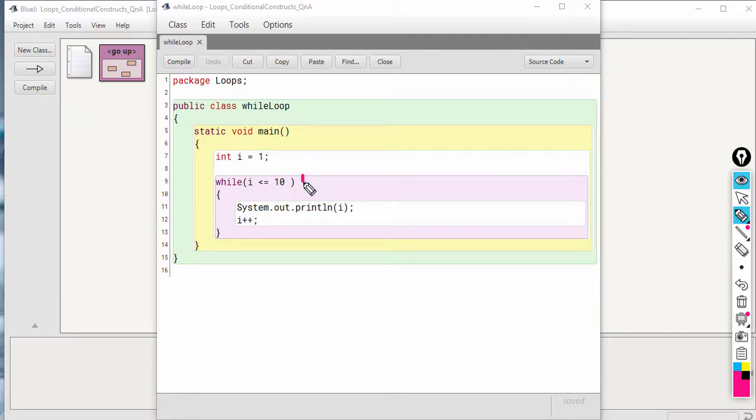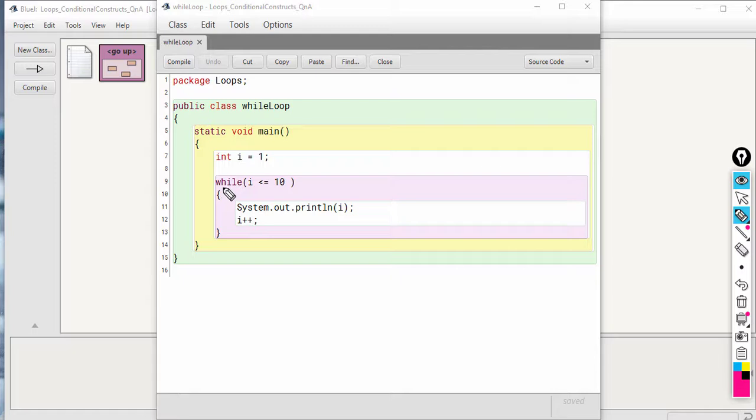For example, in case of while loop, the initialization happens before the loop starts, okay? So the loop is starting here, but the initialization is happening here. So this variable I is being used in the condition part of the while loop, so it has been initialized before the loop, okay?